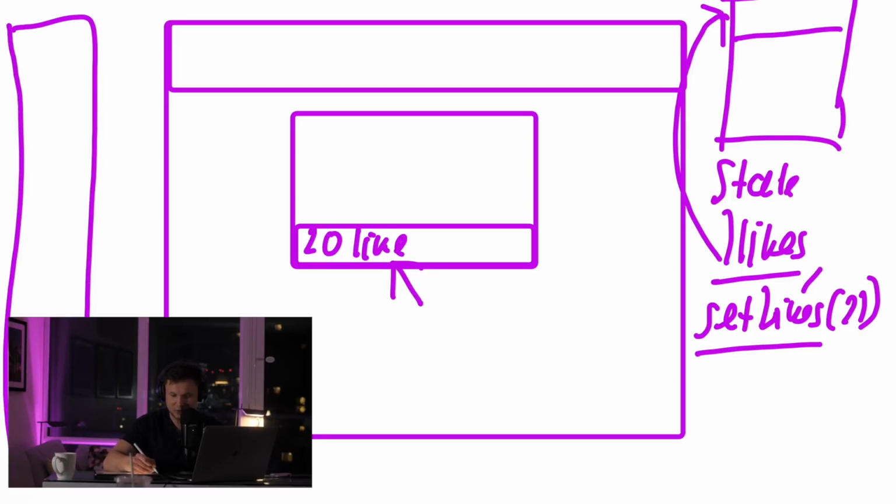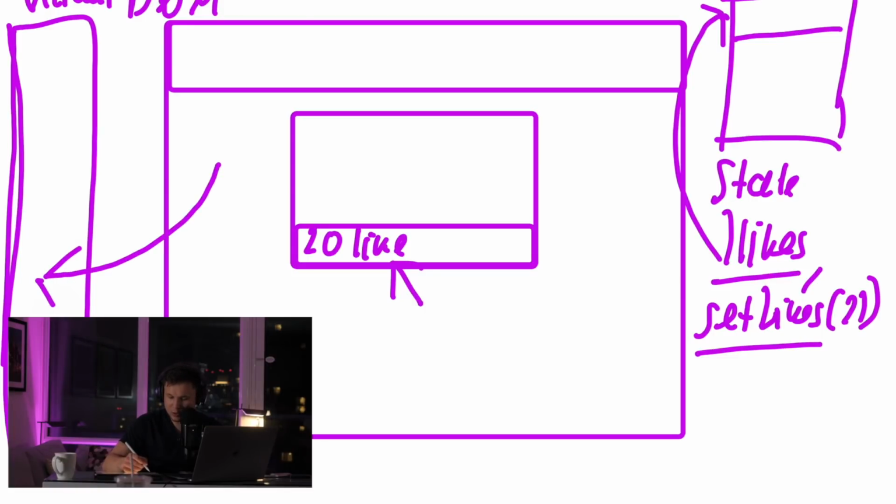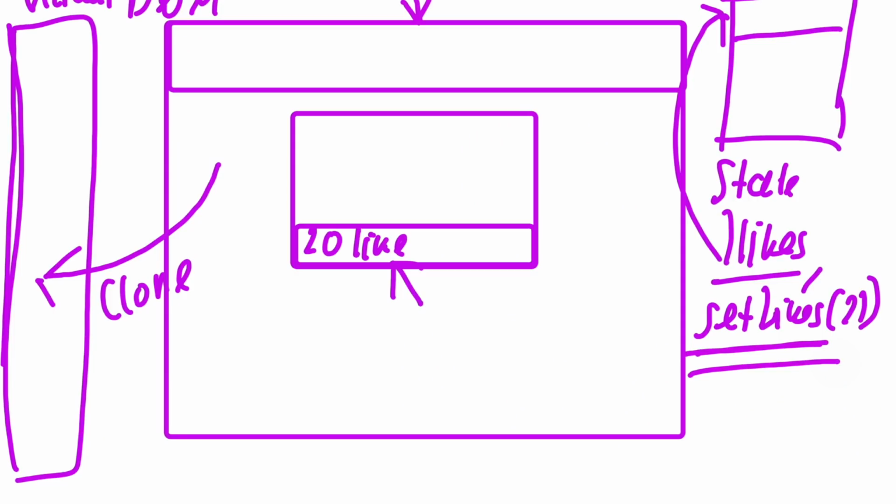I know this is a horrible drawing of the virtual DOM, but it's a virtual DOM, right? And a virtual DOM is simply just basically a clone of the current application. Whenever the state changes, maybe that's a user, maybe you did something else on the web page, it is going to go ahead and actually change it first on the virtual